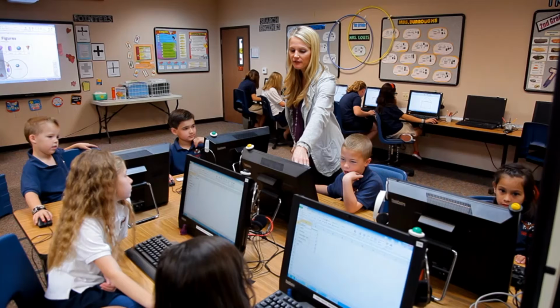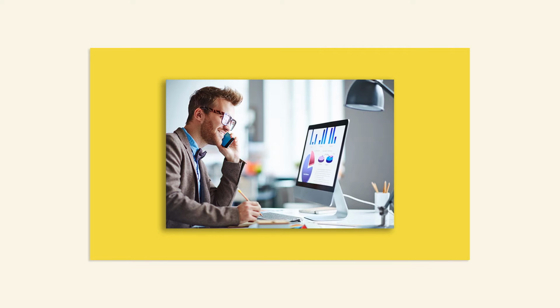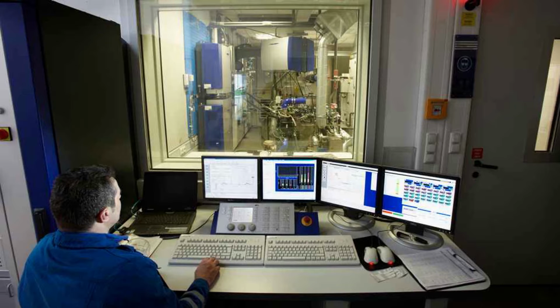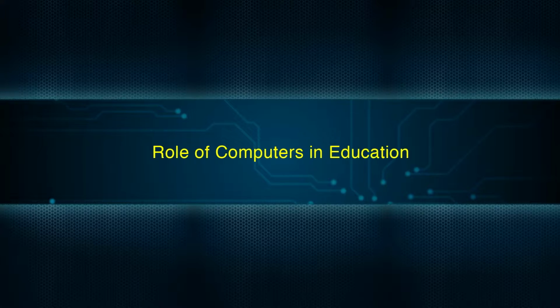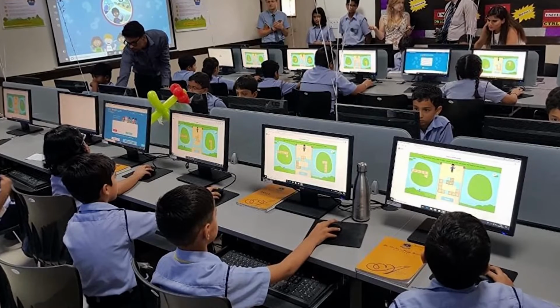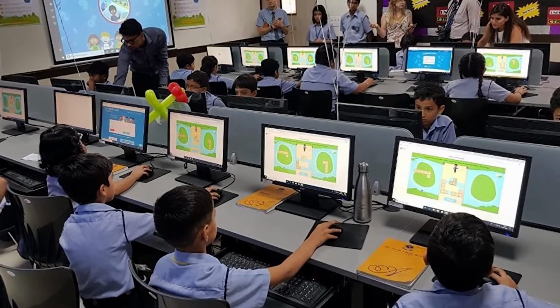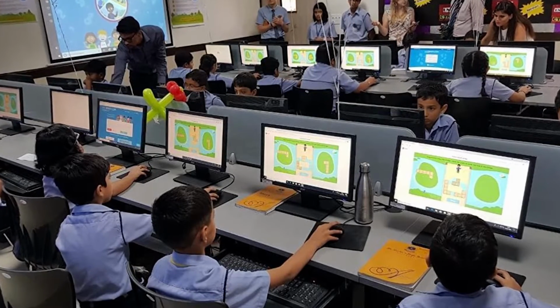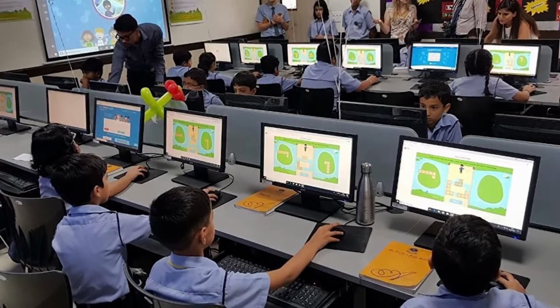Computers and IT are important in different areas such as education, research, business, industry, healthcare, publishing, defense and many more. Here we will see in detail the role of computers in education and research. Computer technology has had a deep impact on the education sector. Computers played an important role in impacting education to become easier and much more interesting than before.